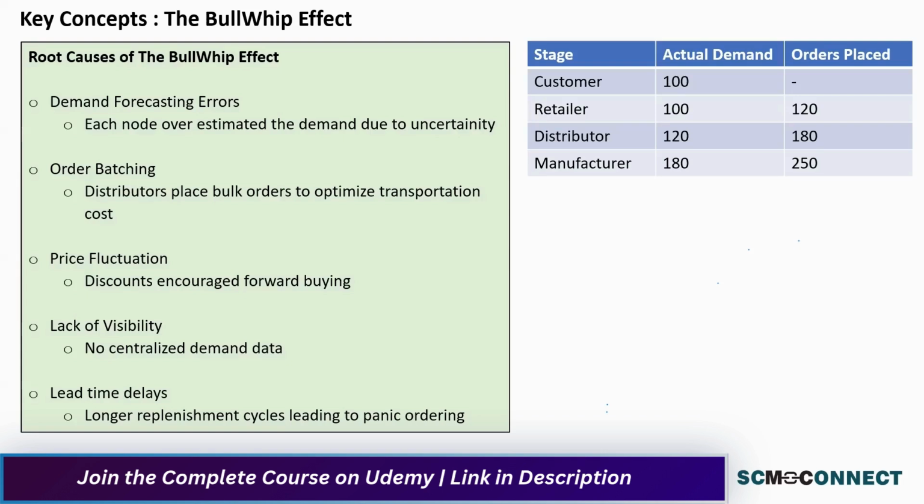So actual demand from the customer was 100. Retailer thinks, let me place an order for 120. Distributor thinks, okay, retailer is placing an order for 120. Let me place an order on the manufacturer for 180 units, and the manufacturer ends up producing 250 units. So this is what really creates that bullwhip